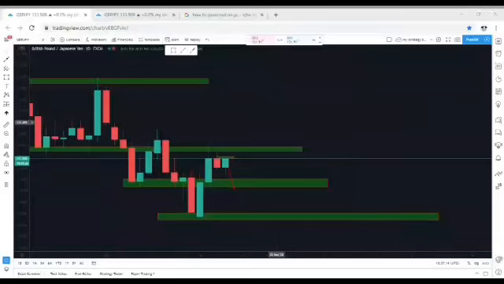So now on the daily time frame, the main structure is bearish. You can see we are forming lower highs and lower lows. Now, when we look backward to these previous three candles, these previous 2 candles,